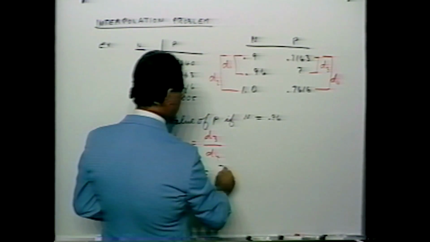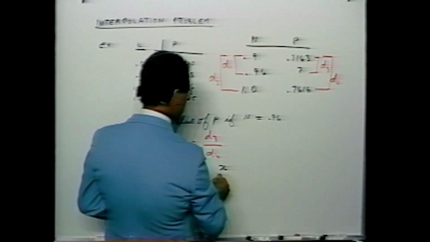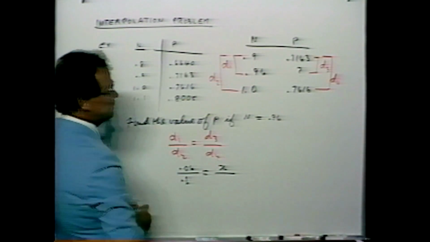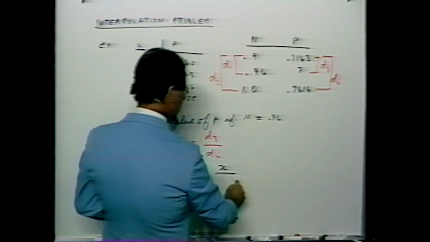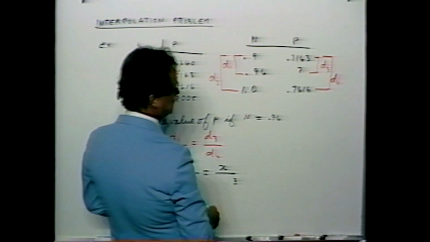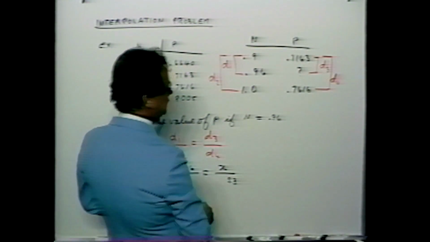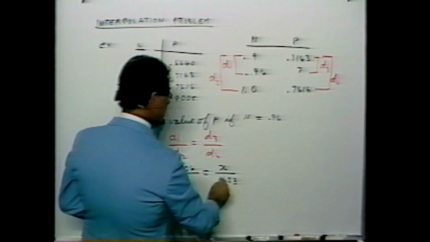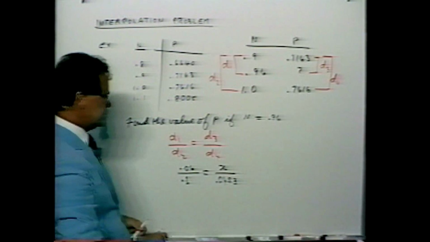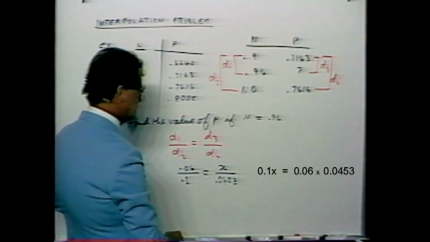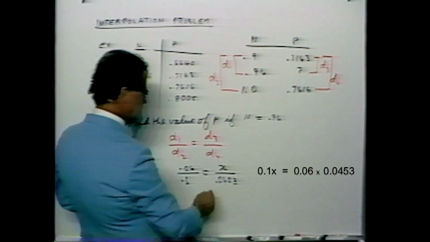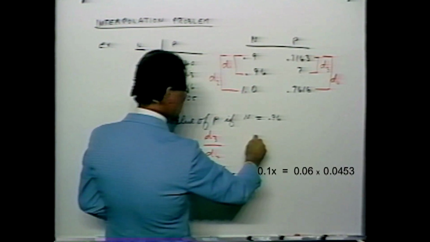We can either put an X in that position or D3 if you want to. For D4, the difference is 0.0453. If we take the cross product of this proportion, we have decimal